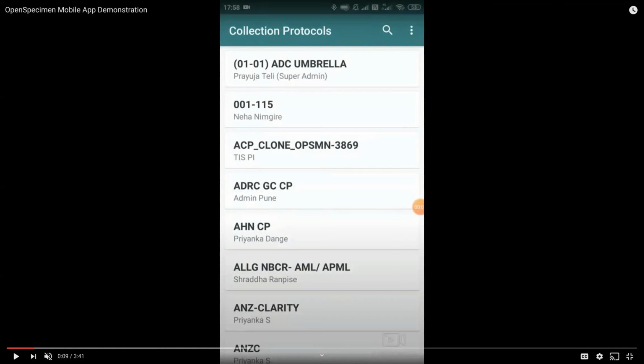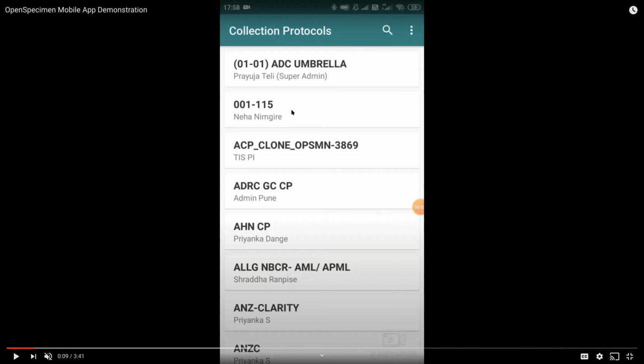So the login screen, which is not shown here, is exactly the same as the web app login screen. So the same username and password works here. It's all the same thing. There is no difference. It's like your, say, Gmail account. You use it through the web browser or through the mobile app. Everything remains the same. You still need to use the username and password. You still need to log in. You will still see the same things that you can see on the web app in terms of all the privileges, roles, etc. So if you don't have access to a protocol, you won't see those protocols.